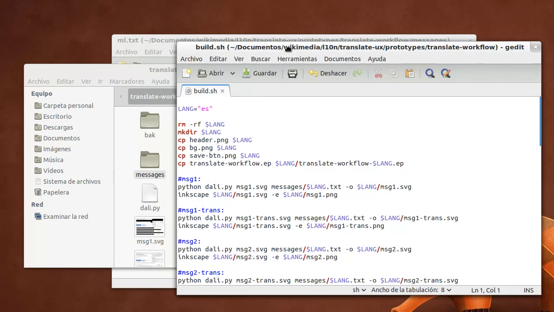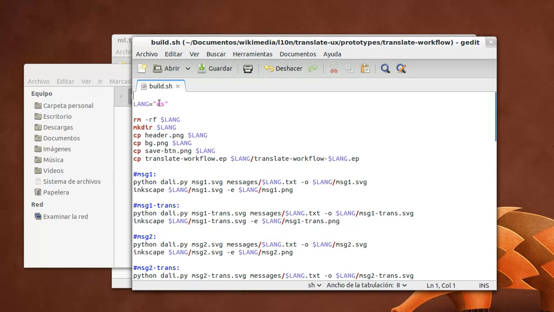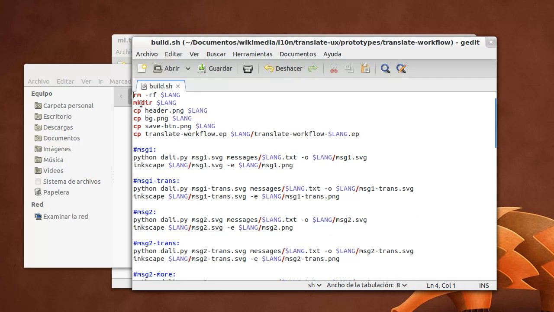I'll show the code. It takes one language as a variable. We will generate the prototype for Spanish, and it removes the folder for Spanish if it exists and creates it again, copies some images that need no translation. So in your prototype you just copy the image from the source directory to the language specific one. It copies the prototype we have been making, because